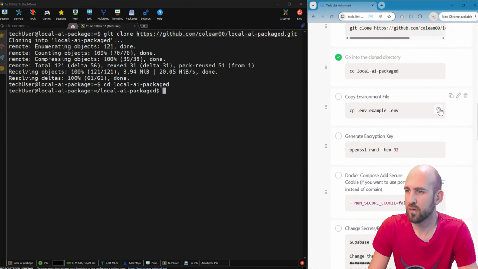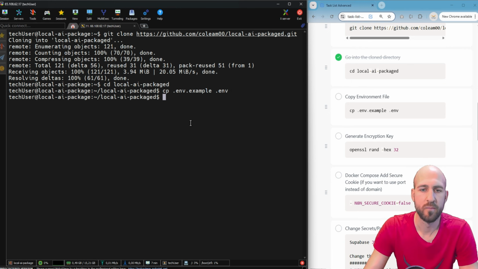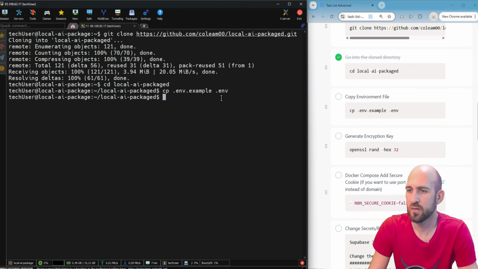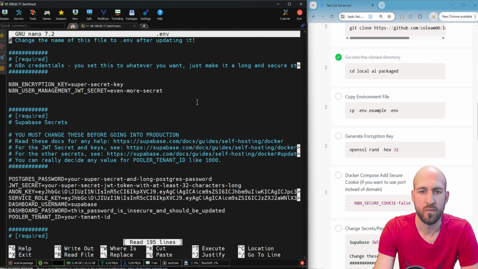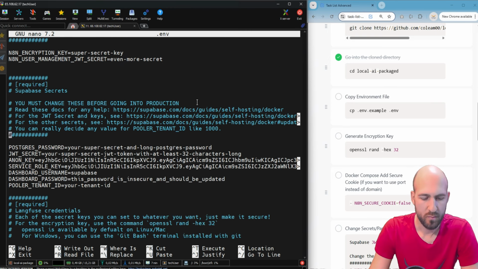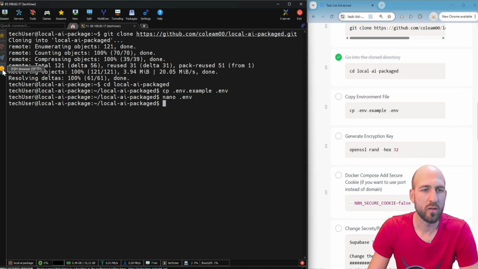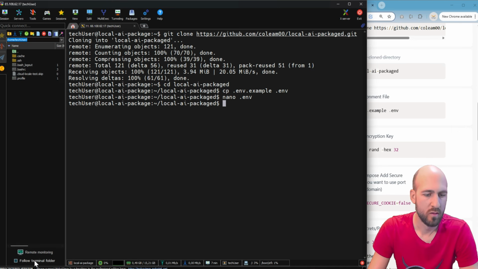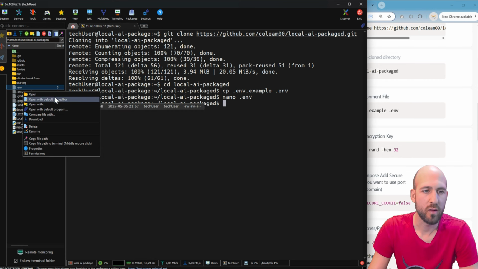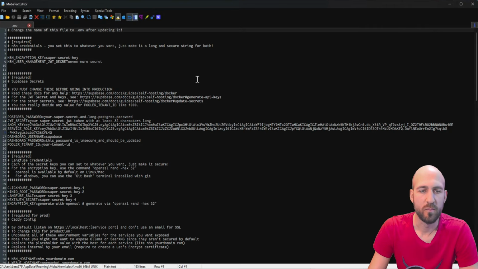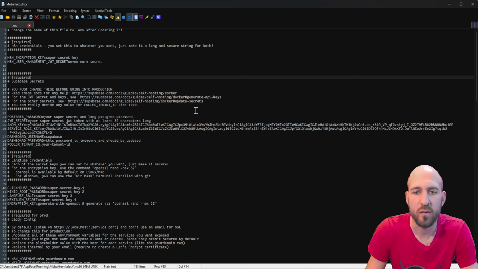Let's mark this. Then copy the environment file here. And then we can just open the environment file on the server with nano .env, for example, to change everything we need to change. You can also go here in MobaXterm on the SSH browser. Click here on the bottom to follow terminal folder, and then you can use it here directly with an editor. So right click, open with default editor, and then you have an editor and can work here instead of the